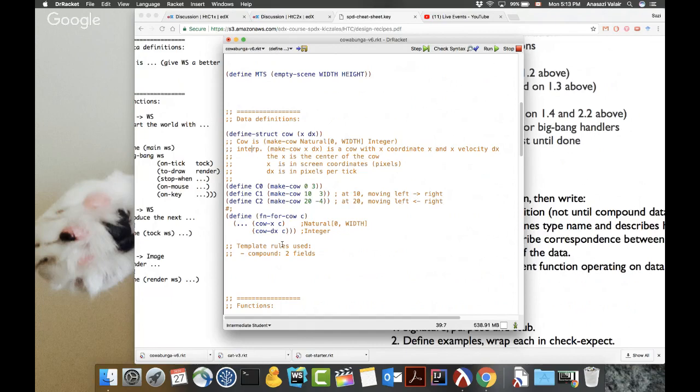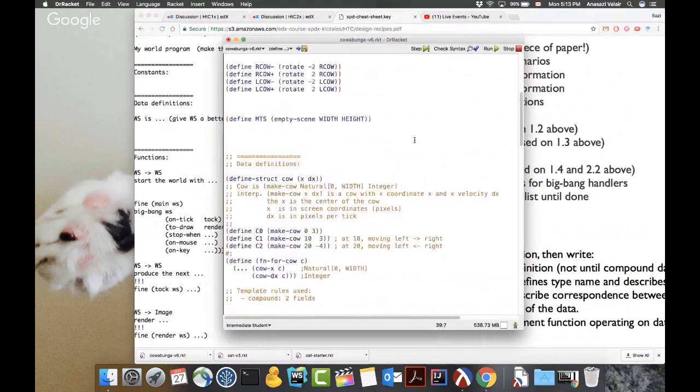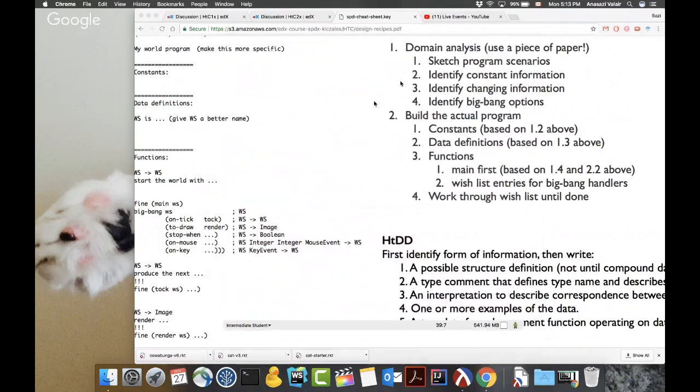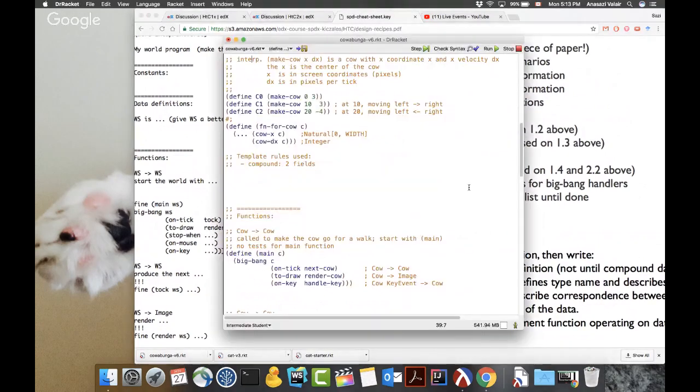And then you can really pause and go back to your domain analysis, go back to the picture that you made, and say, did I capture everything? Do I have all the constants? And can I represent, using make-cow, different configurations of the game? And only when you're comfortable with all that, then you go back to the rest of HTDW, and you do the main function. And I think if you have the patience to do the HTDW recipe really carefully and the HTDD recipe really carefully,